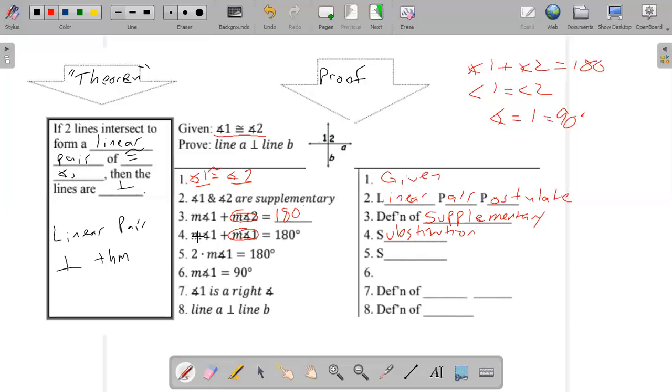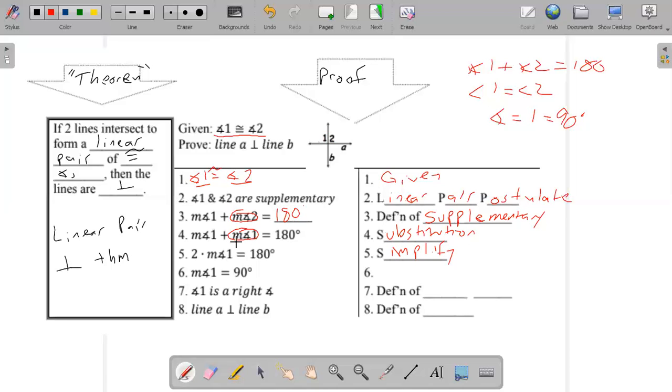The next one, notice how it goes from angle 1 plus angle 1 equals 180. Supplementary? Nope, that's close. But if we see, we have angle 1 and angle 1. Substitution? It is not substitution. That's what a lot of people want to say. It's actually